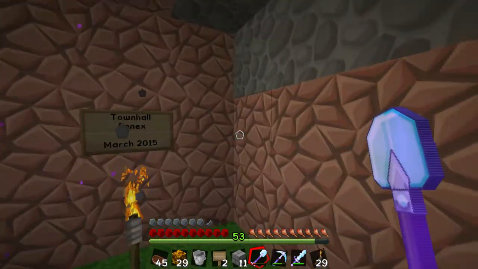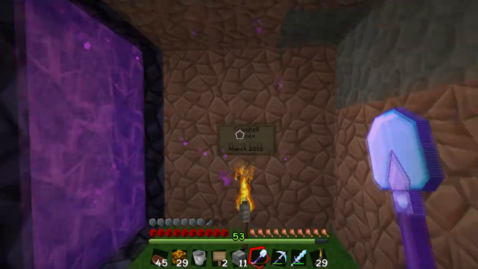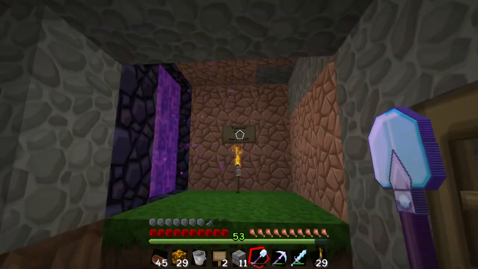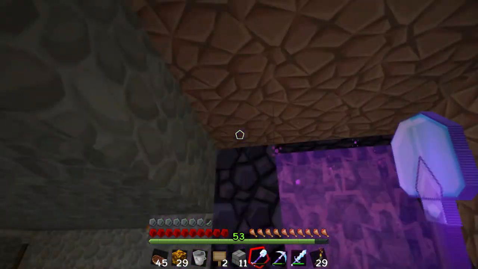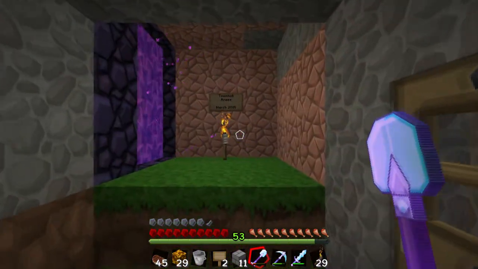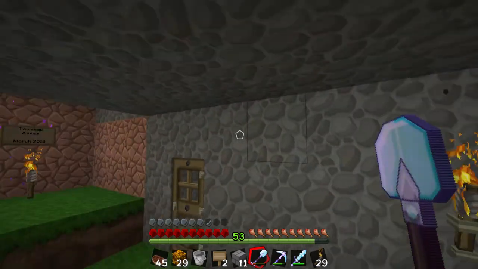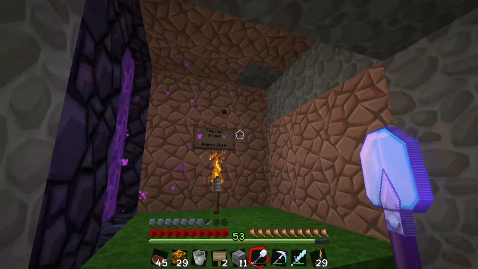As you can see, this is now encompassed in here, and it's the Town Hall Annex, established in March 2015. That's when it was built. Mighty fine craftsmanship, I have to say. I really think I outdid myself here. This annex with the two-tone makes this one look just kind of drab, just boring. So yeah,